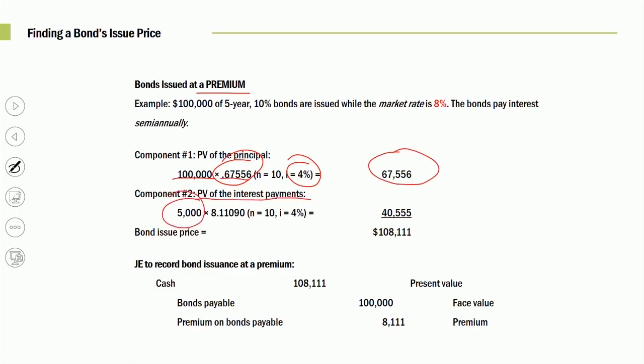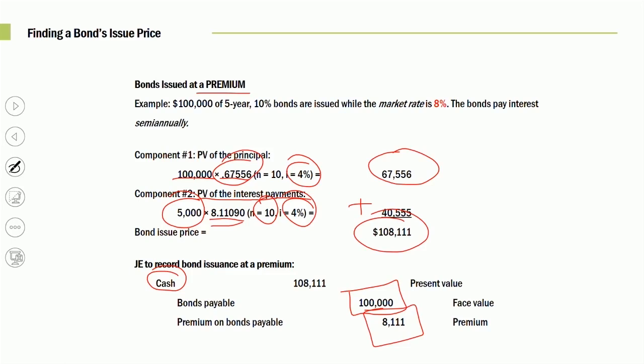I'm looking for the present value factor of an ordinary annuity corresponding to 10 periods, periodic market rate of 4%. The sum of the two, $108,111. So this is my financing inflow, $108,111. Notice my bonds payable is exactly what it was before. Whether the bonds are issued at a discount, a premium, or par, you're always going to repay the face value. So what's this additional $8,111? A premium. That'll be amortized over the life of the bond by reducing our interest expense, okay, which we'll see